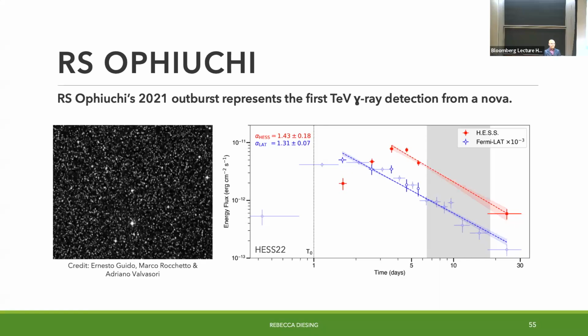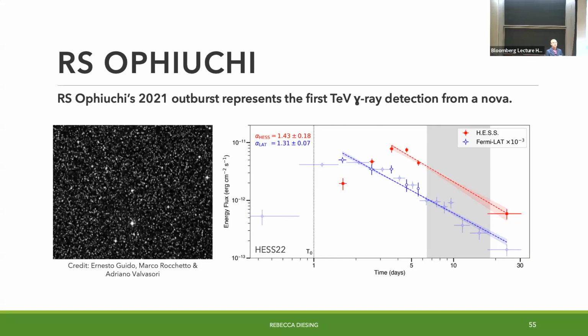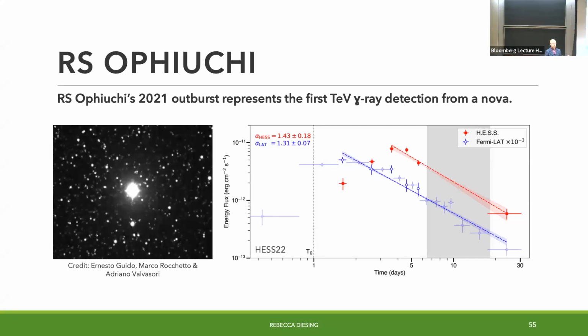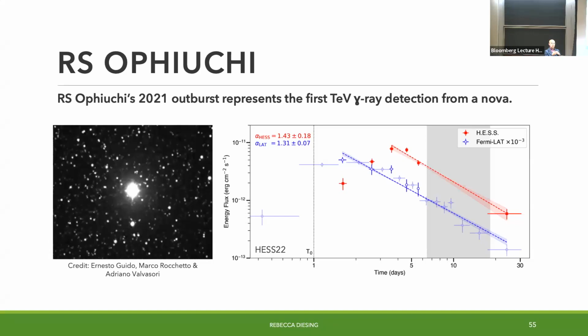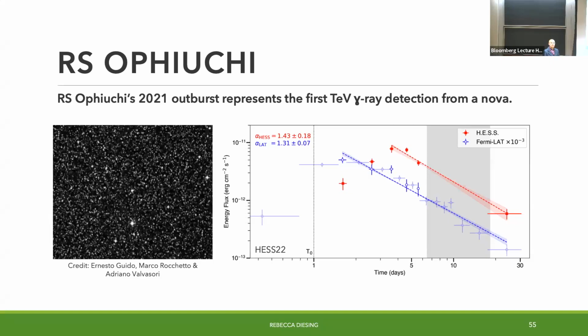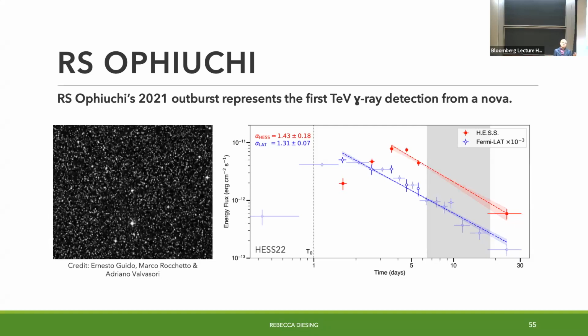This was the first time because instruments just happen to be better now? So yeah, it was a combination. The last time that RS Oph went off, there were no TeV telescopes to look. However, RS Oph is also brighter, because it's symbiotic. A lot of classical novae, the ones with the main sequence companions, do produce emission, but it's likely from internal shocks, so basically outflows hitting other outflows. This is likely a forward shock because you have that dense wind to work with. So it's a favorable nova, but it's also a favorable time. That makes sense. Yeah.